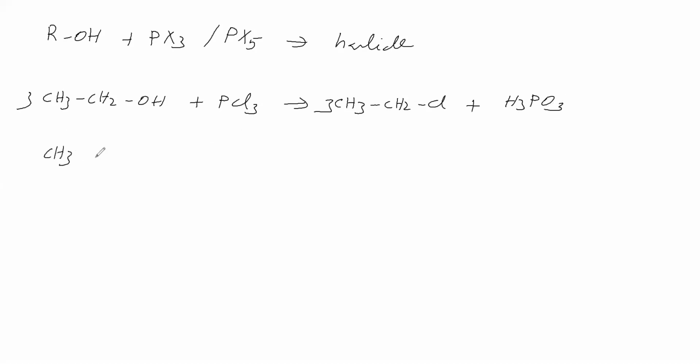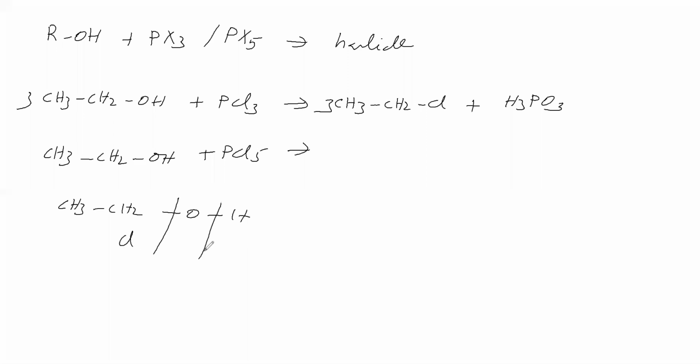Then we will take alcohol with PCl5. What is the product we will see? So we have taken alcohol here. This PCl5 will divide: here 1 Cl, here 1 Cl, and here PCl3 will give. So this is ethyl chloride. Now this is, in the sense, POCl3, phosphorus oxytrichloride. This is HCl. Therefore, with PCl3 and PCl5 we are getting chloride as a product.